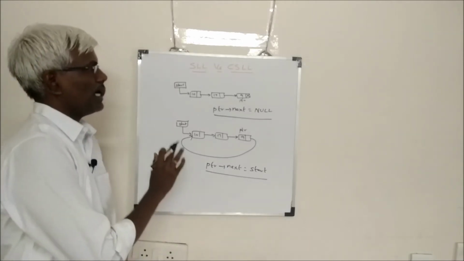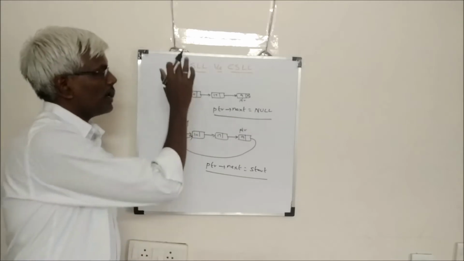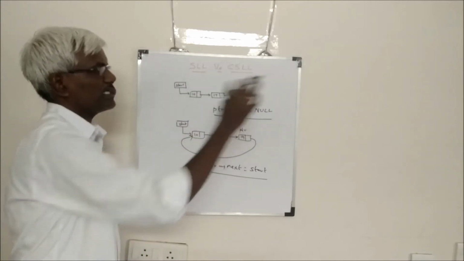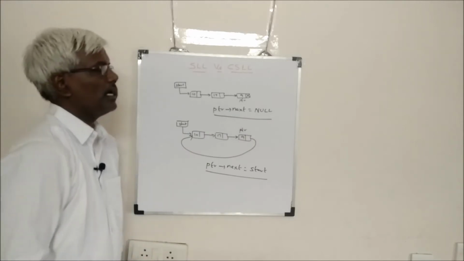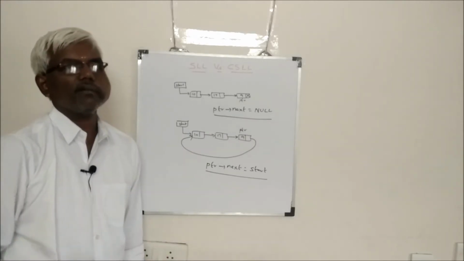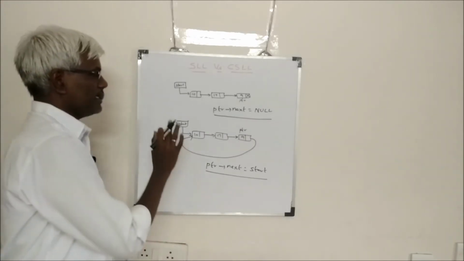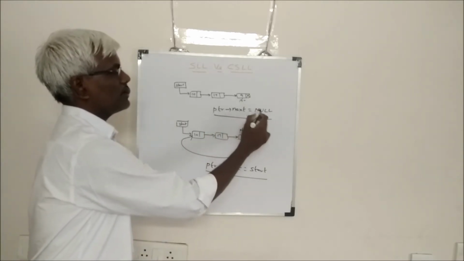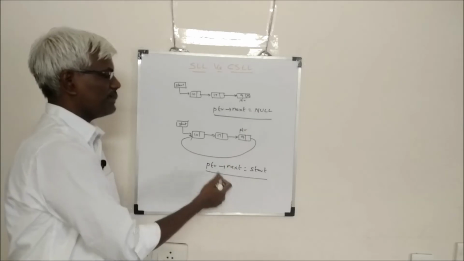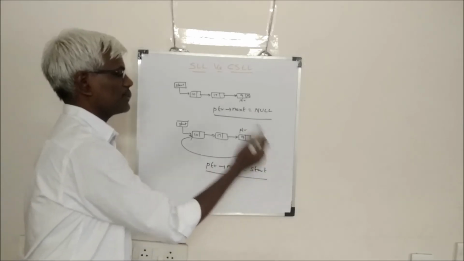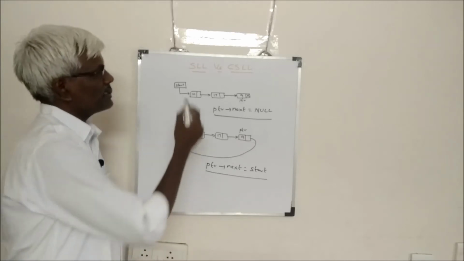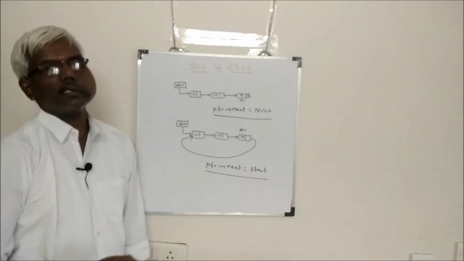If you once know what a singly linked list is, what the operations and algorithms for those operations are, and how to write C code for a singly linked list, almost 90% of your work is over. In the circularly singly linked list, wherever pointer of next is equal to null, we just replace it with pointer of next is equal to start. Let me show the difference in the algorithm for the singly linked list and the circularly singly linked list.